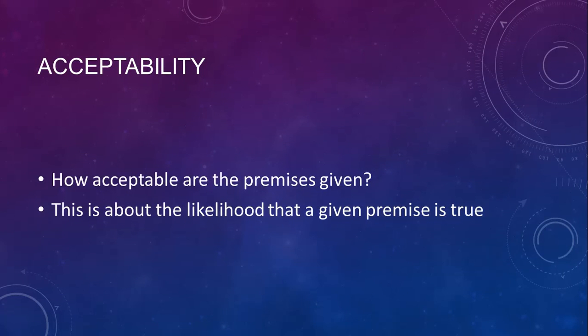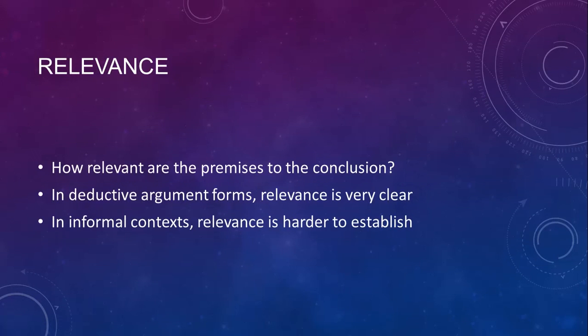So you're going to live for the next 2 or 3 weeks in the world of acceptability, relevance, and adequacy. We'll go over these very quickly now, and in a good deal more detail in the weeks to come. Acceptability is about the truth of the premises. How acceptable are they? Is it true, or do we know that it's true, or could we check whether it's true? Just because you don't already know that a premise is true, if it's checkable, then it's potentially or provisionally acceptable. Relevance is how relevant the premises are to the conclusion.